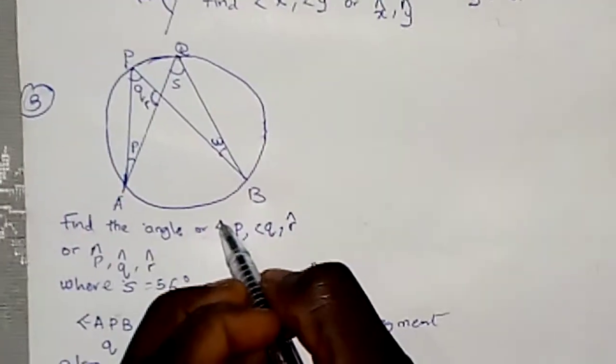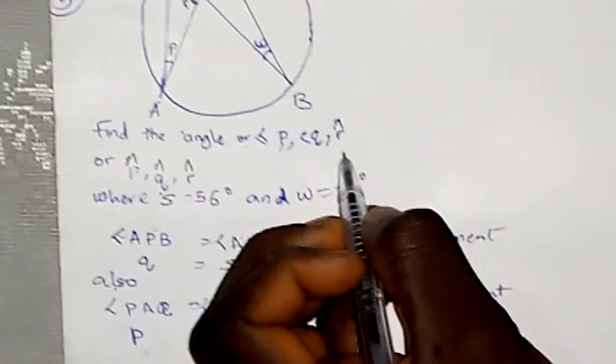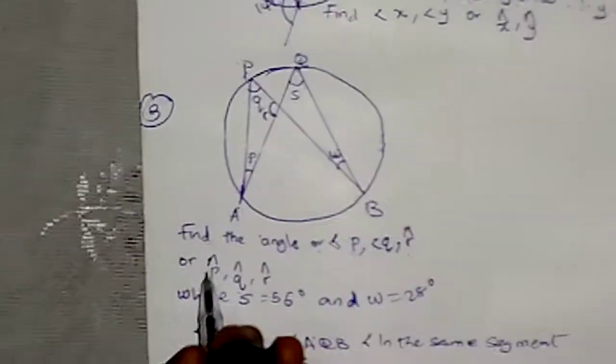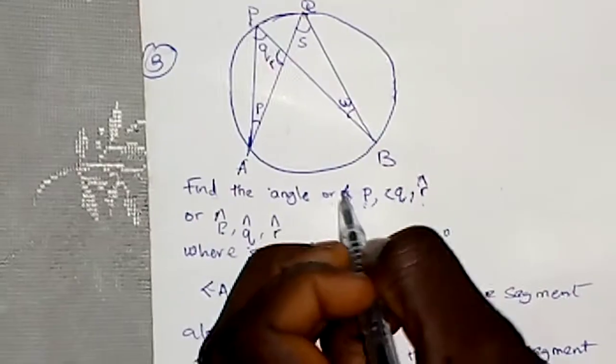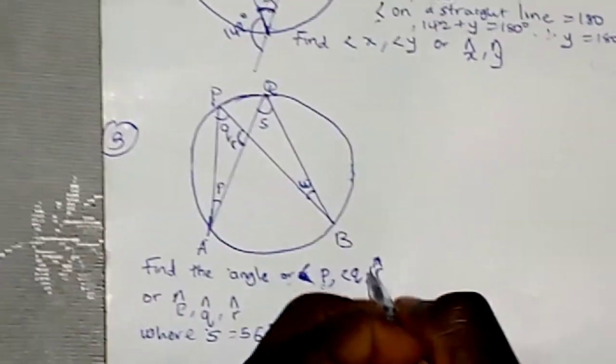or this sign means angle, or you write it in this form, angle P, angle Q, angle R, or you can write it in this form. Okay, let's leave it. Sorry. So you can also put this, meaning angle, or you write it in this form. So in the